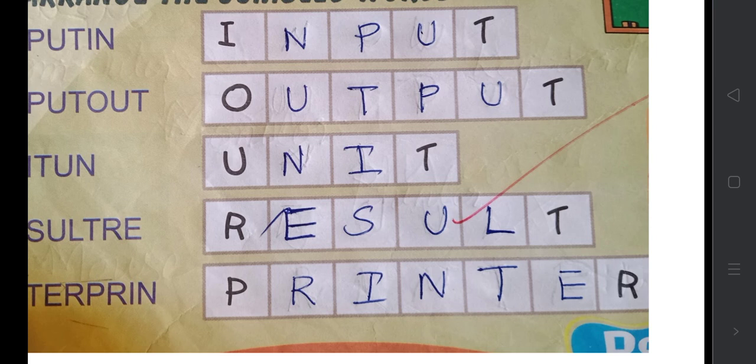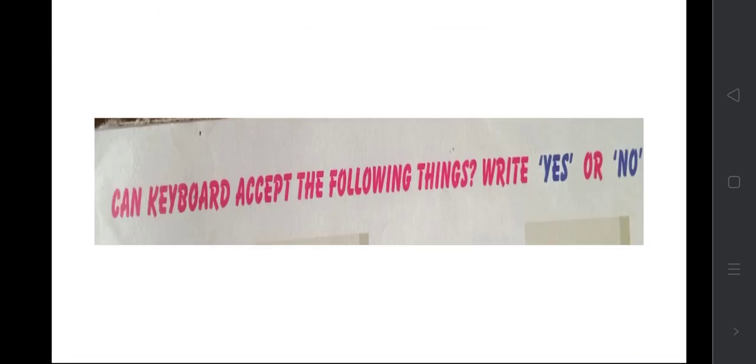then it will sit in your mind. Even in the midnight, if I wake you and ask you what is the spelling for result, you would be able to tell me immediately. So for that, we have to repeat every word at least 3 to 5 times. Then we will move on to the next exercise.